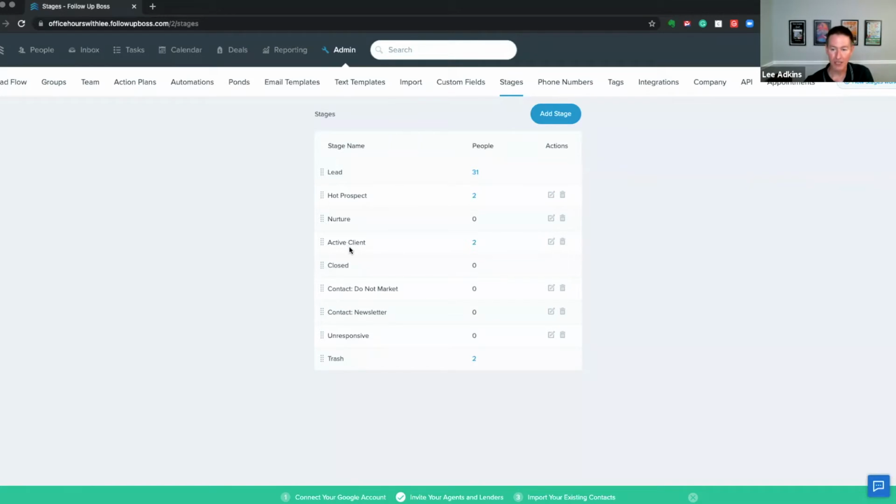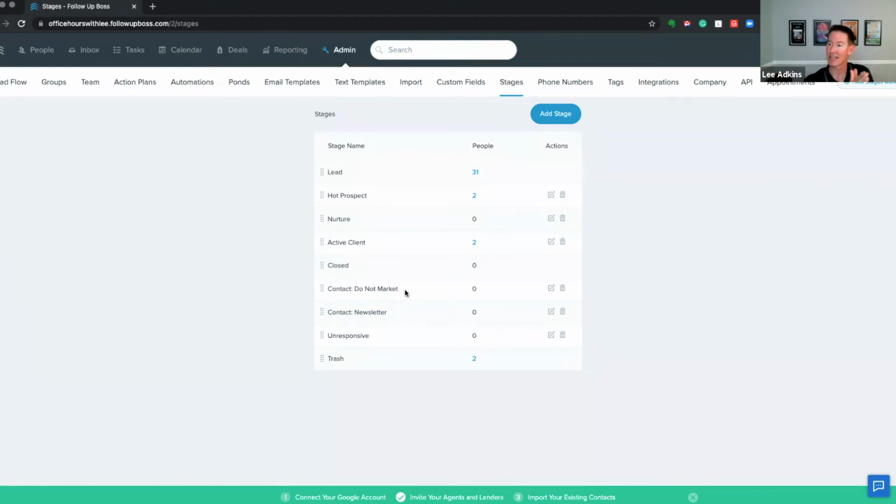One other good pro tip on stages: I work with a number of people that do a contact stage, but name it something like do not market. It's not necessarily a don't contact, and not necessarily somebody that said, hey, remove me. But sometimes people have other agents, or may not want to see your newsletter content. Maybe that's a stage that we may or may not go this deep on today. It has an automation that turns off all the action plans when they get moved to that.